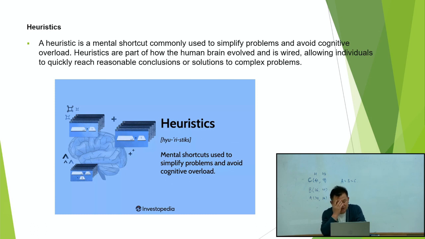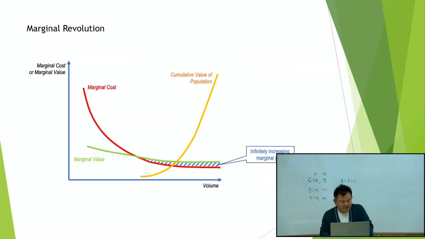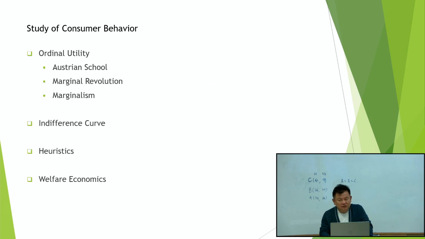So why do we mention heuristics in the area of ordinal utility? Most people follow reasonable choices or heuristics to avoid cognitive overload or to simplify problems. At that time we are using heuristics. And also we want to know the related ordinal utility,